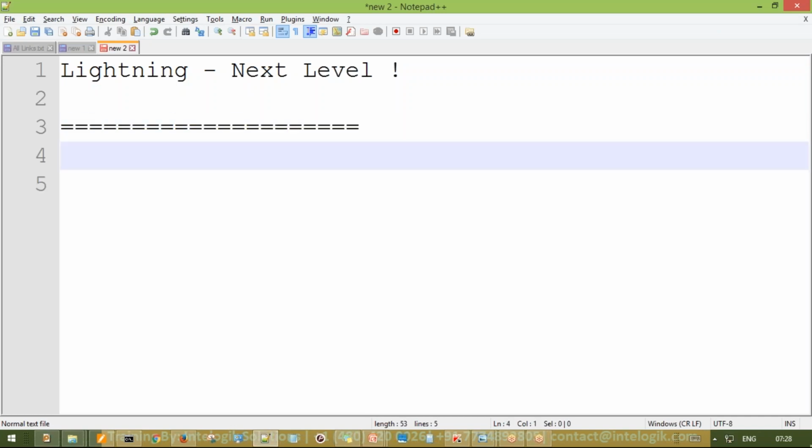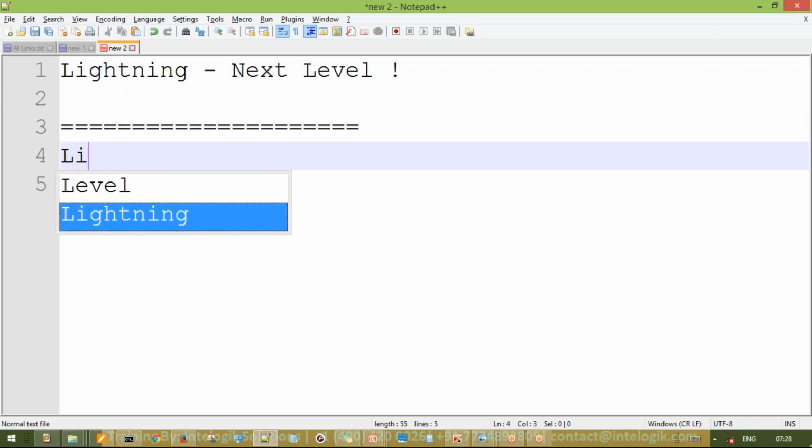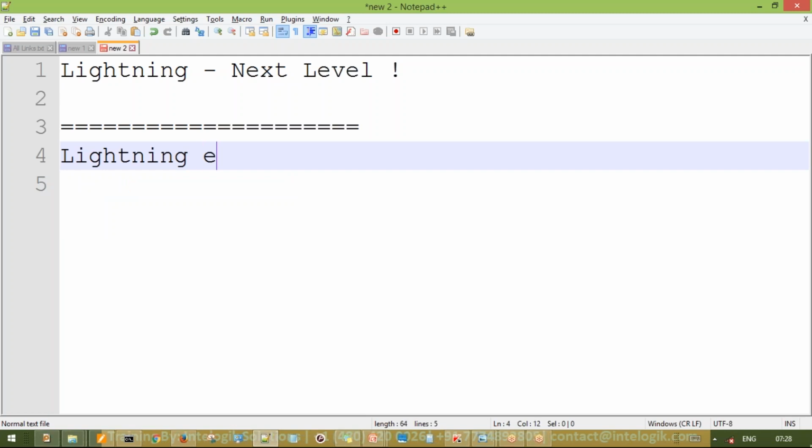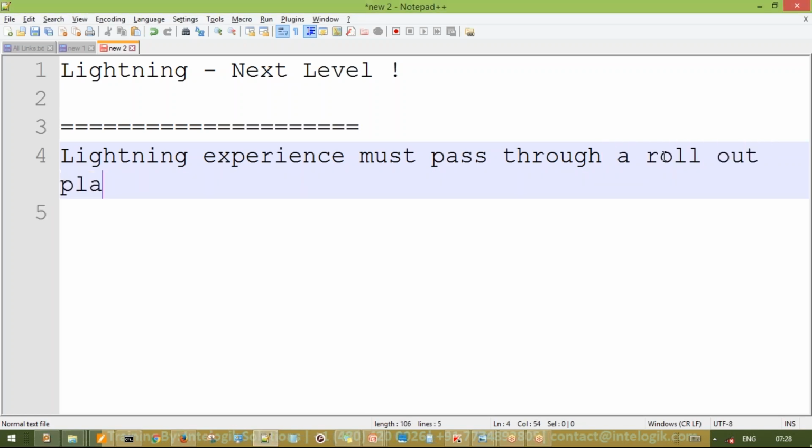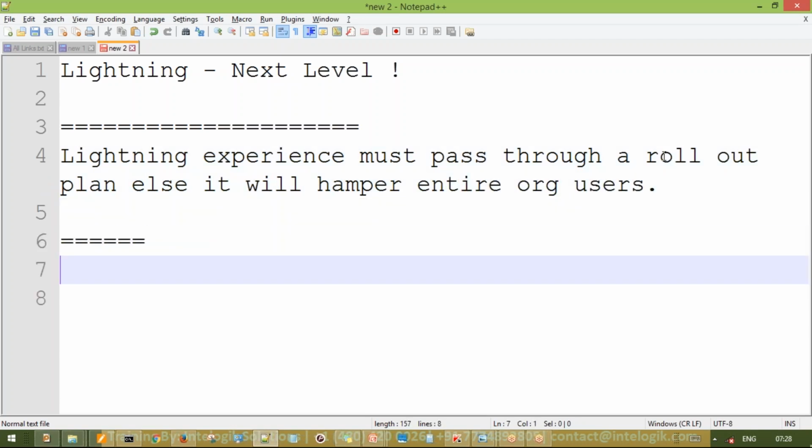So please note, Lightning experience must pass through a rollout plan, else it will hamper the entire org's users. Okay, next thing,